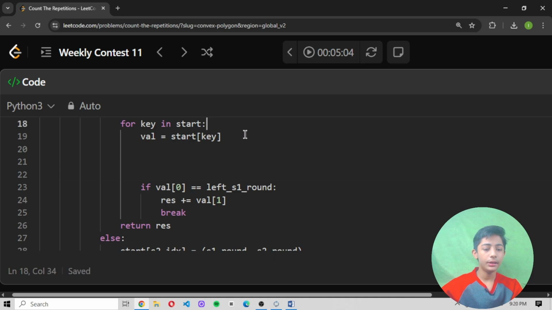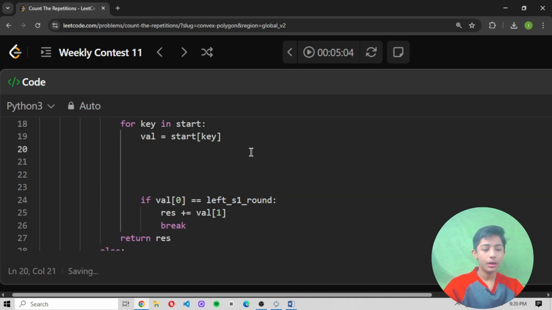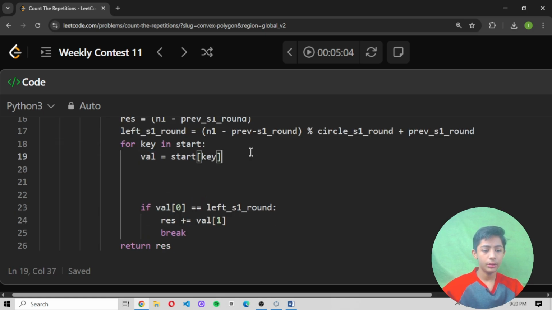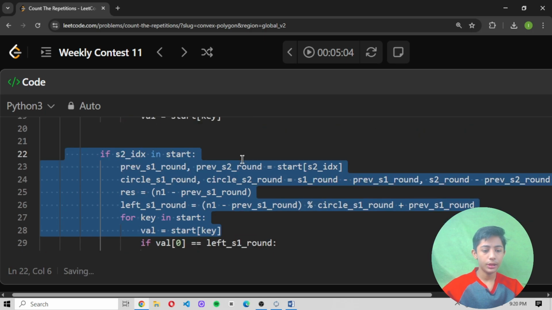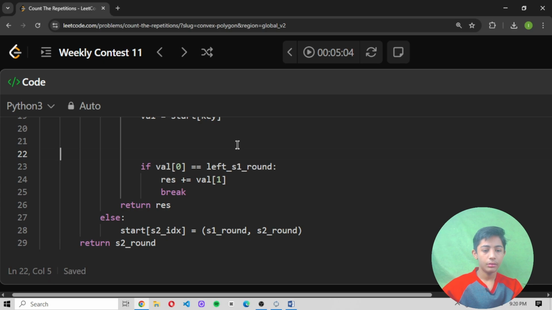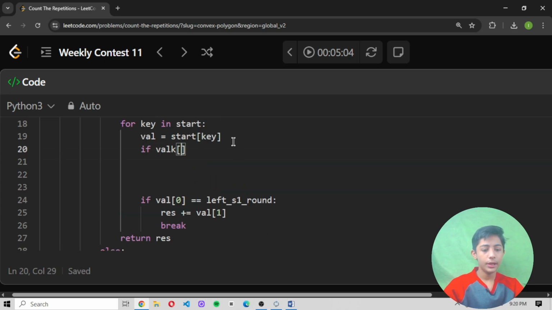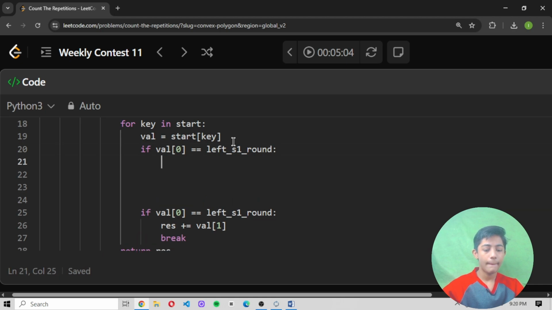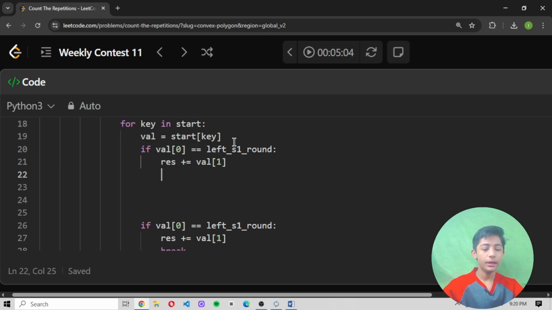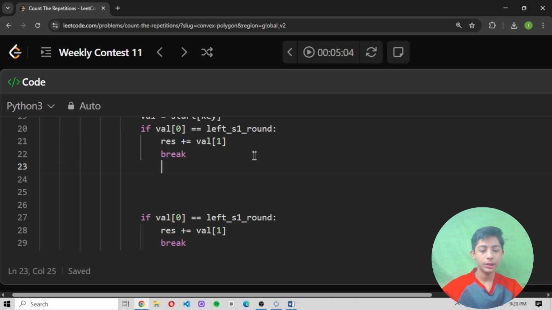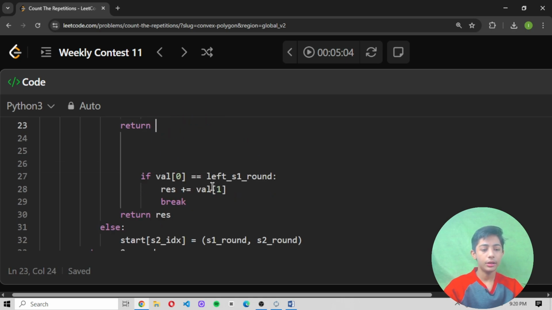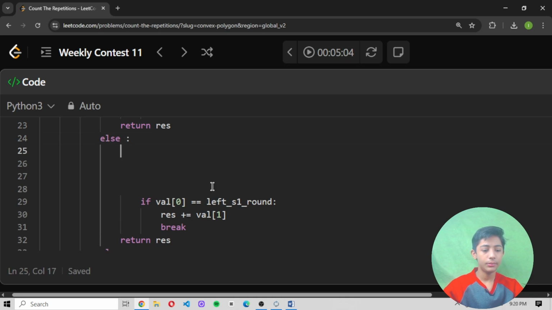And then when we define here enter, then here I define, okay, what we are doing here, okay, if statement for key in start, okay, define here now if val 0 equals to left s1, then round, then here I define res plus equals to val 1, then here I define a break statement, so it will be paused in the one place, and back here return res, back else statement,